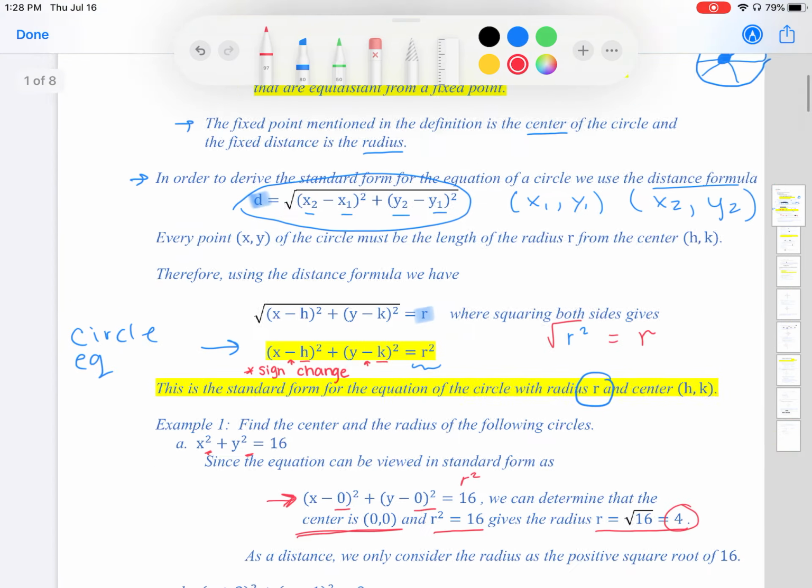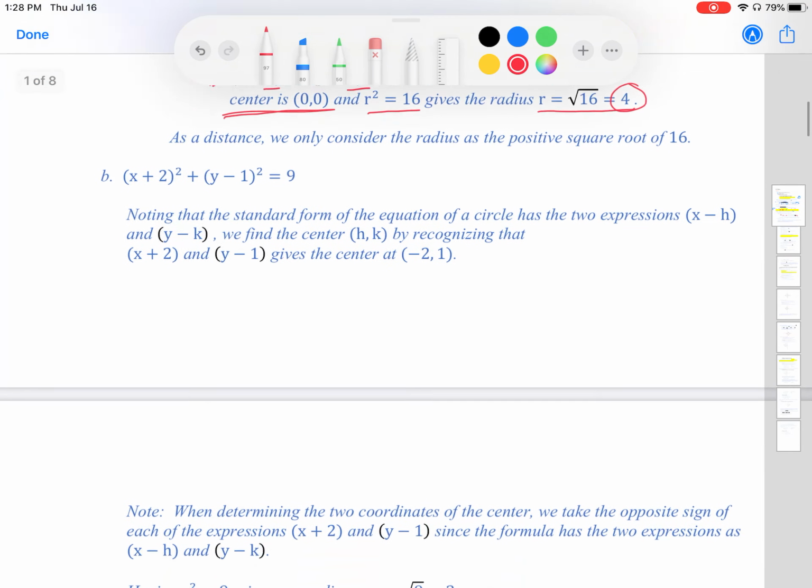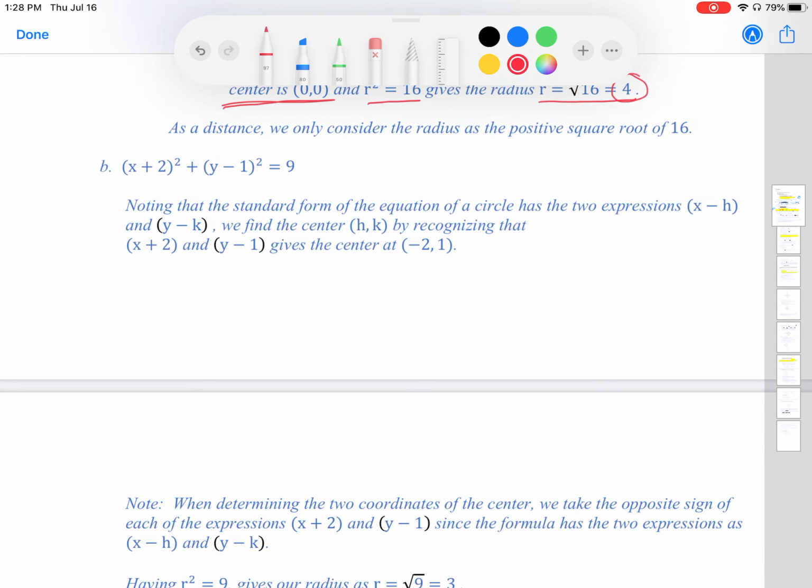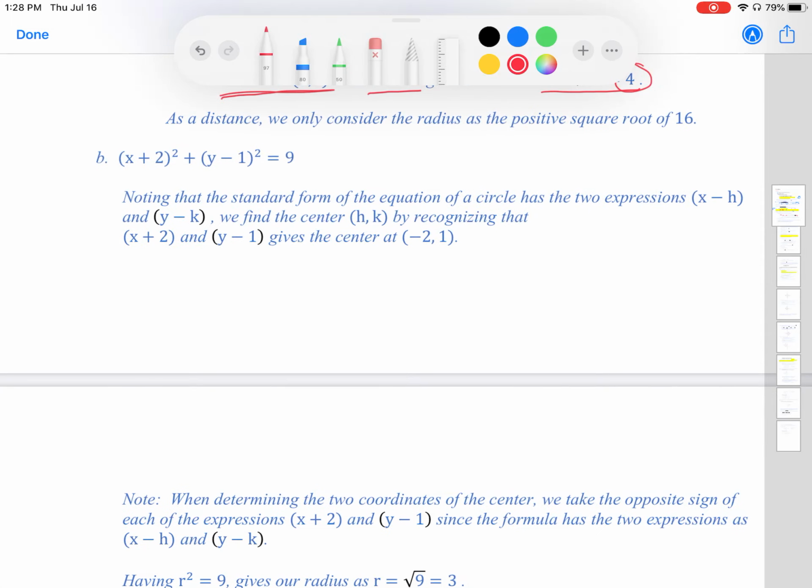So we'll see that in example B. If I have x plus 2 squared plus y minus 1 squared equals 9, noting that the standard form of the equation of a circle has the expression x minus h and y minus k, we find the center h, k by recognizing that x plus 2 and y minus 1 gives us negative 2